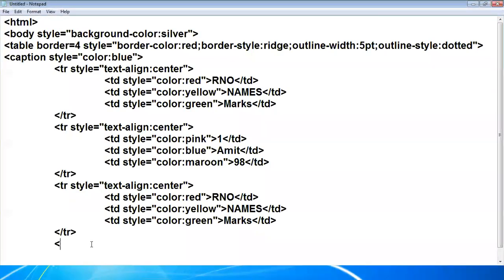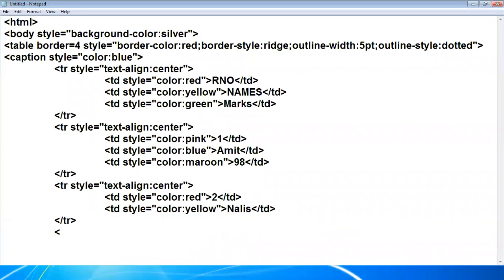Okay. Now moving on to the second row, roll number 2. Name I am giving here Nalin, and marks I am giving TD, style, color, orange, 99.